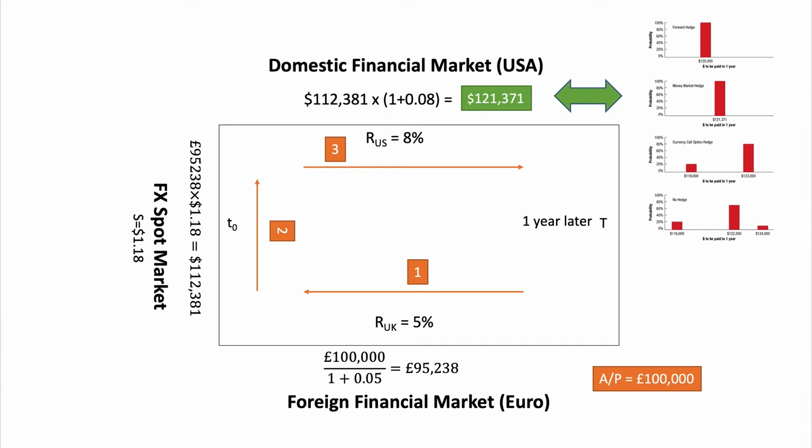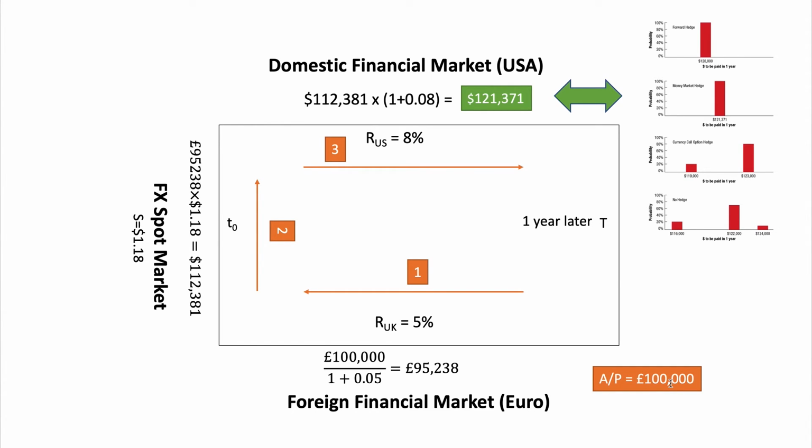Excuse me. Now here is my solution. So obviously you need to get £100,000 to pay your accounts payable in Germany. This is a year from now. Now, how much will that be in the domestic market versus the foreign market? Its present value of